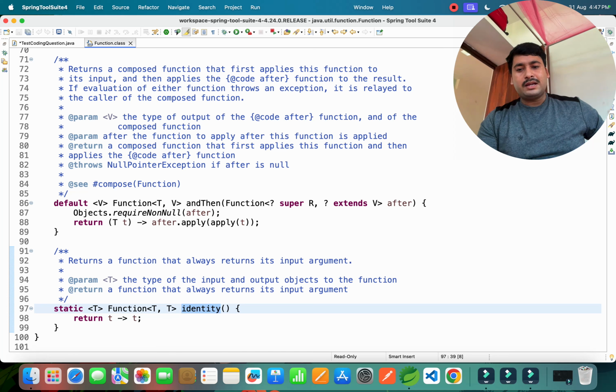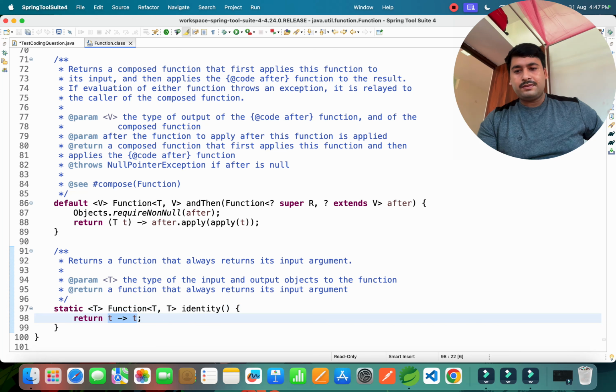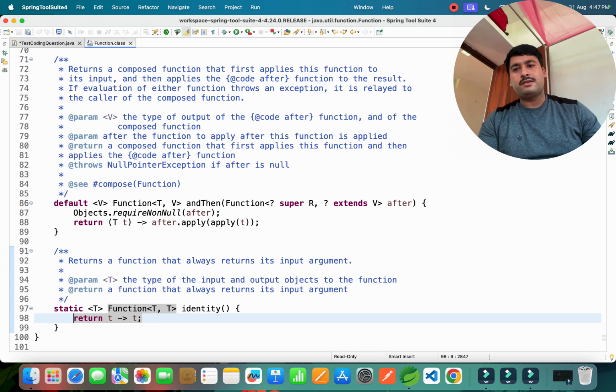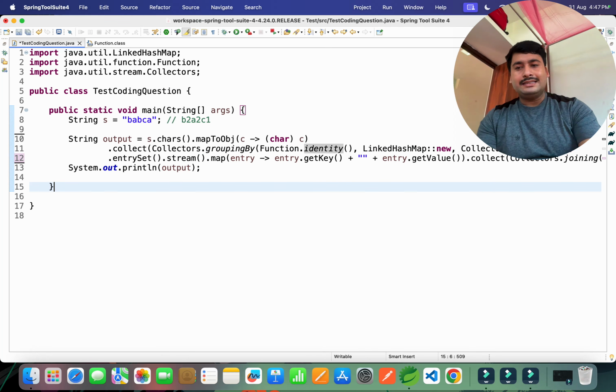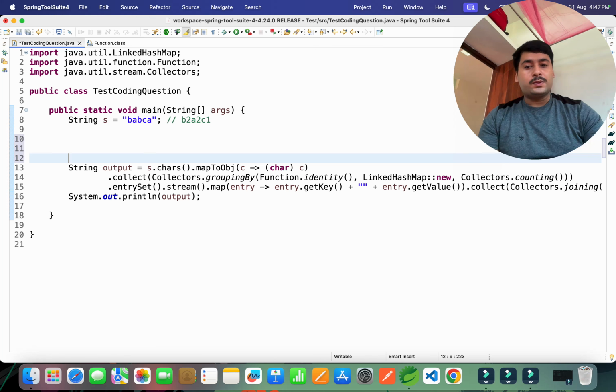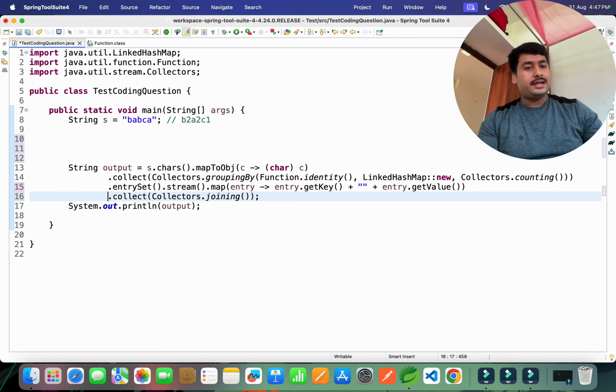It will not take any parameters, and it will return the same value. If you see here, it will return the same value. So that's why we can use this method identity also. If not, you can leave it, it's not required. Okay, but this is one of the solutions you have to provide while writing the code. So this is the correct code which I am expecting from you. Hey guys, you can write this code, then only I will select you.